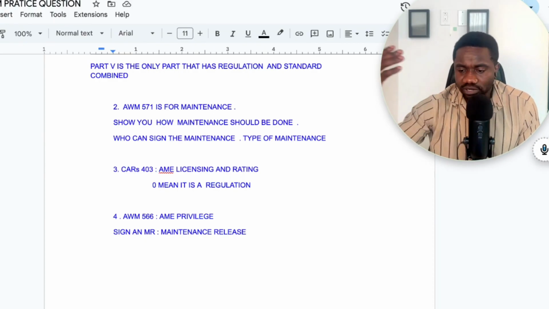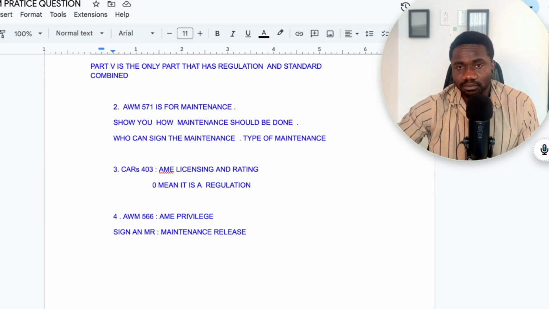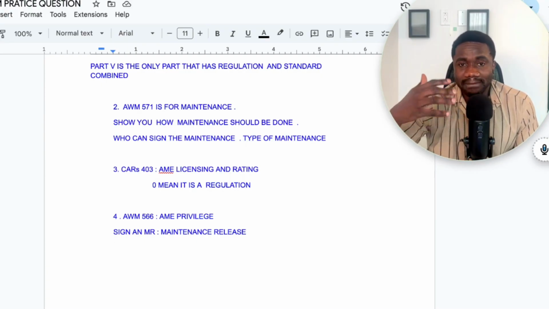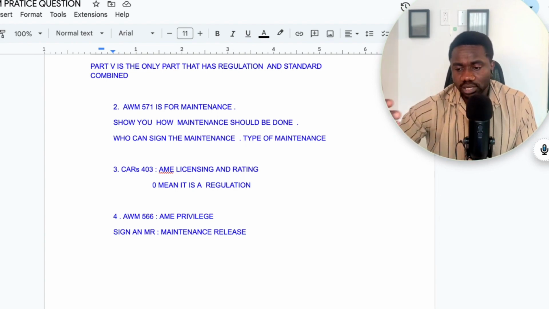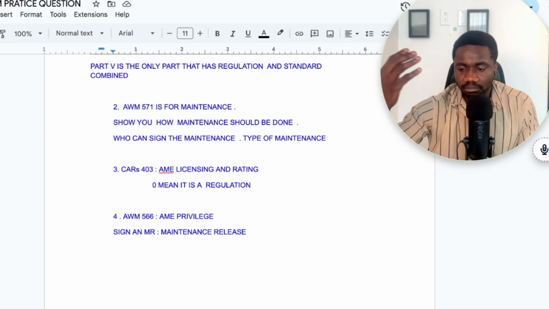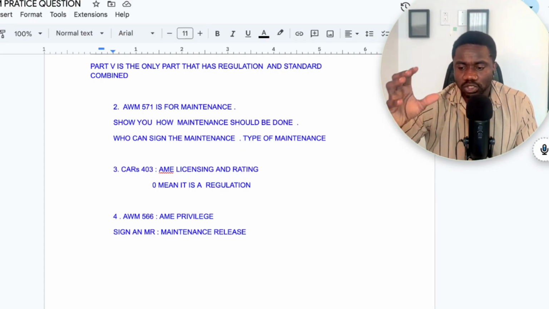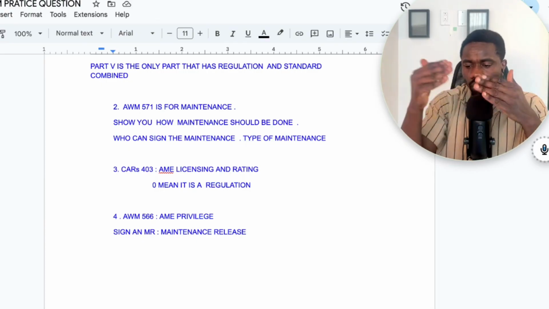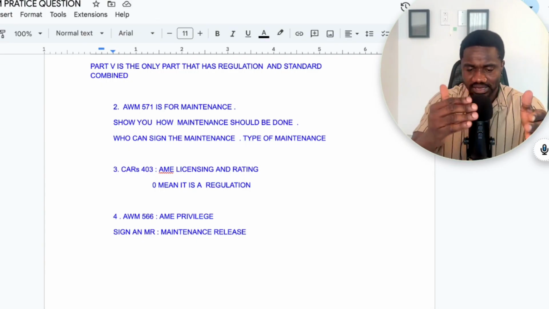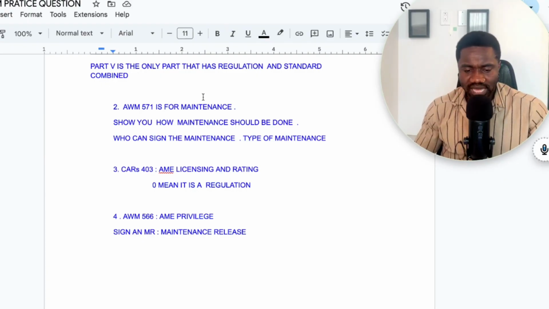And let's say, for example, modification, right? For you to perform, there are different types of modification. For you to perform a modification, you need some type of approval, right? Let's say a major repair, for example, right? You need the RDA, right? RDA, which is a repair design approval by engineering. It could be approved data, it could be specific data, right? You need some type of approval to perform a modification, to perform a repair, right? So 571 is the part that you can see all that information based on maintenance, basically, right? So let's move to the next option, which is